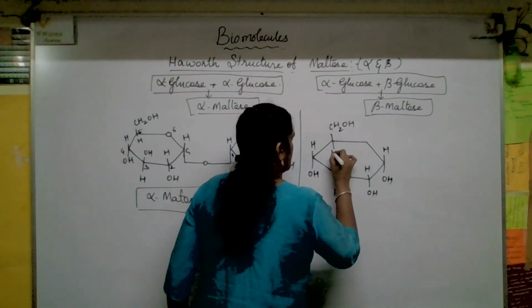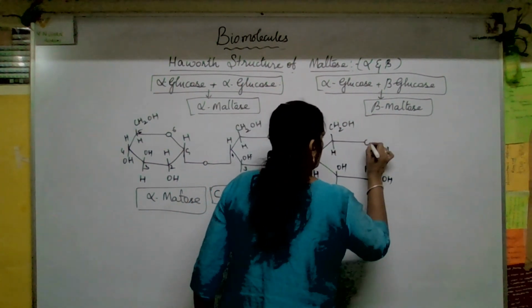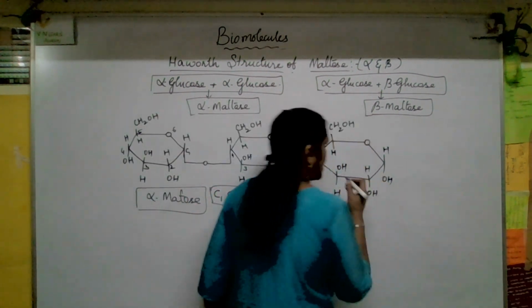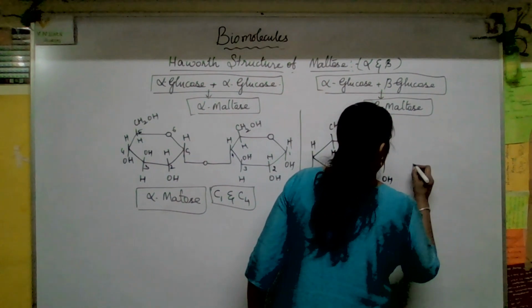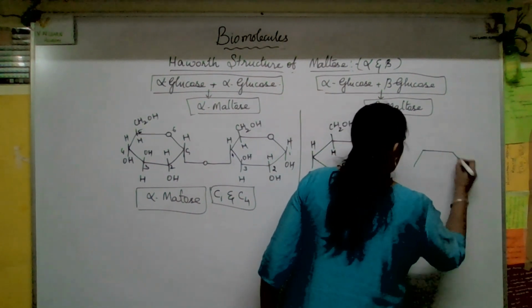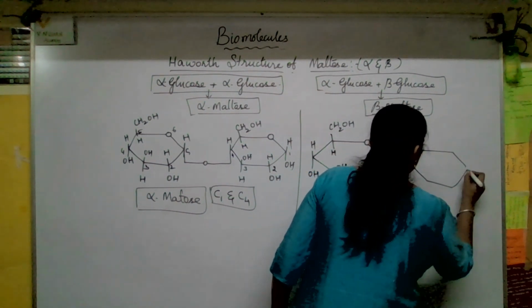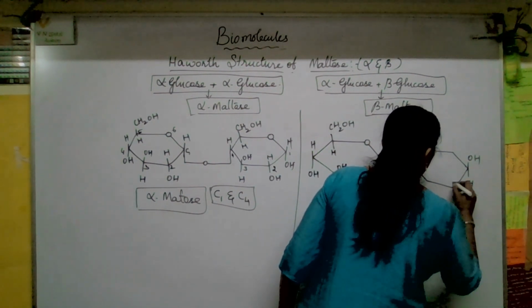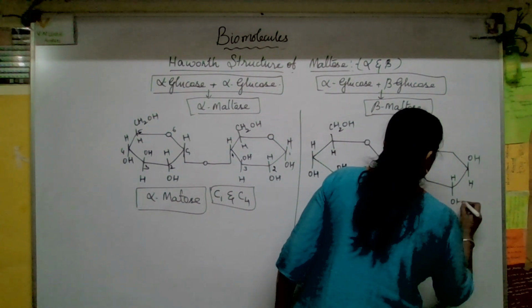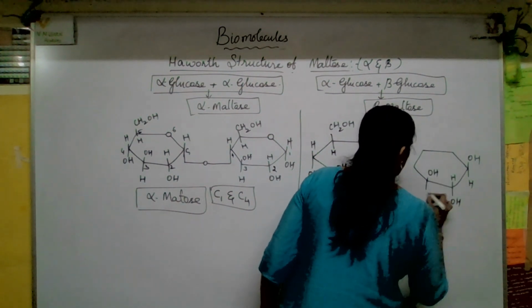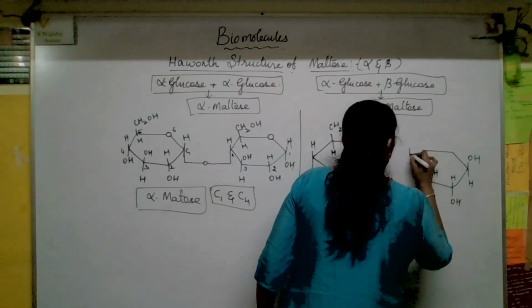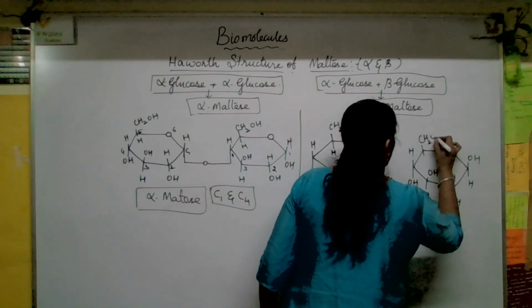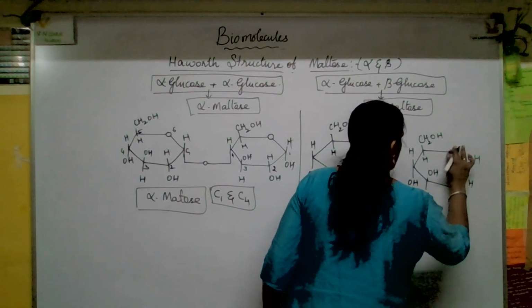CH2OH and then H, here oxygen. Please don't forget to put the oxygen here. That is mandatory. Now here is another beta glucose. You know how to write the beta glucose? Beta glucose, OH should come on the top. That's all. OH, H. Here H, OH. Here OH, H. Here H, OH. And then here CH2OH. And then H. And then here